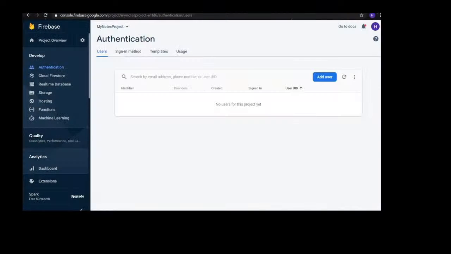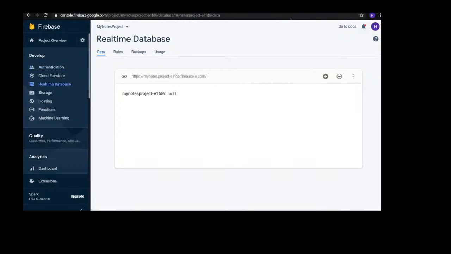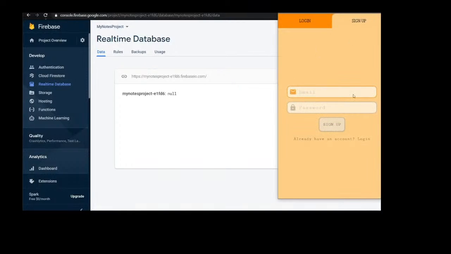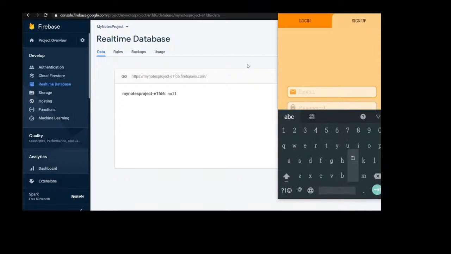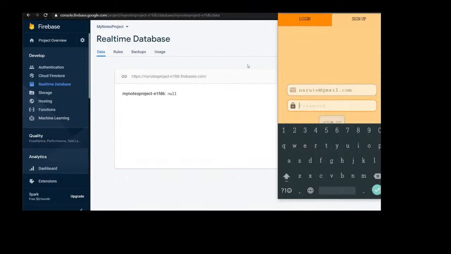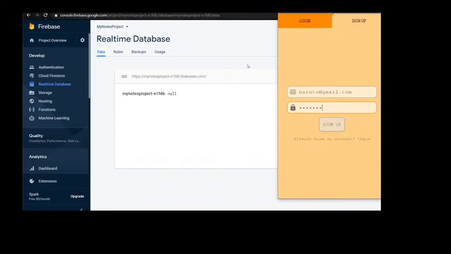So now I'm going to screen mirror my mobile. So let's see here, this is our app. I opened it already. So now this is the login page and now the sign up page. So we have deleted our previous account. So I'm just going to sign up a new one. And again this is gonna be the same thing. So now I hit the sign up button